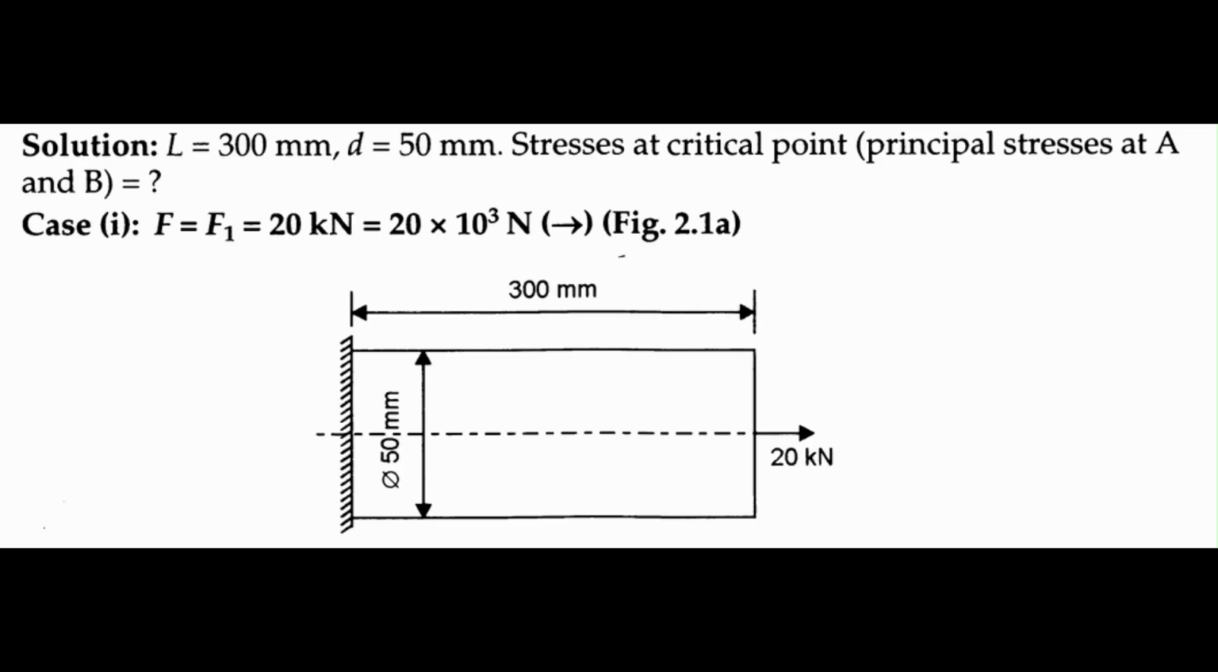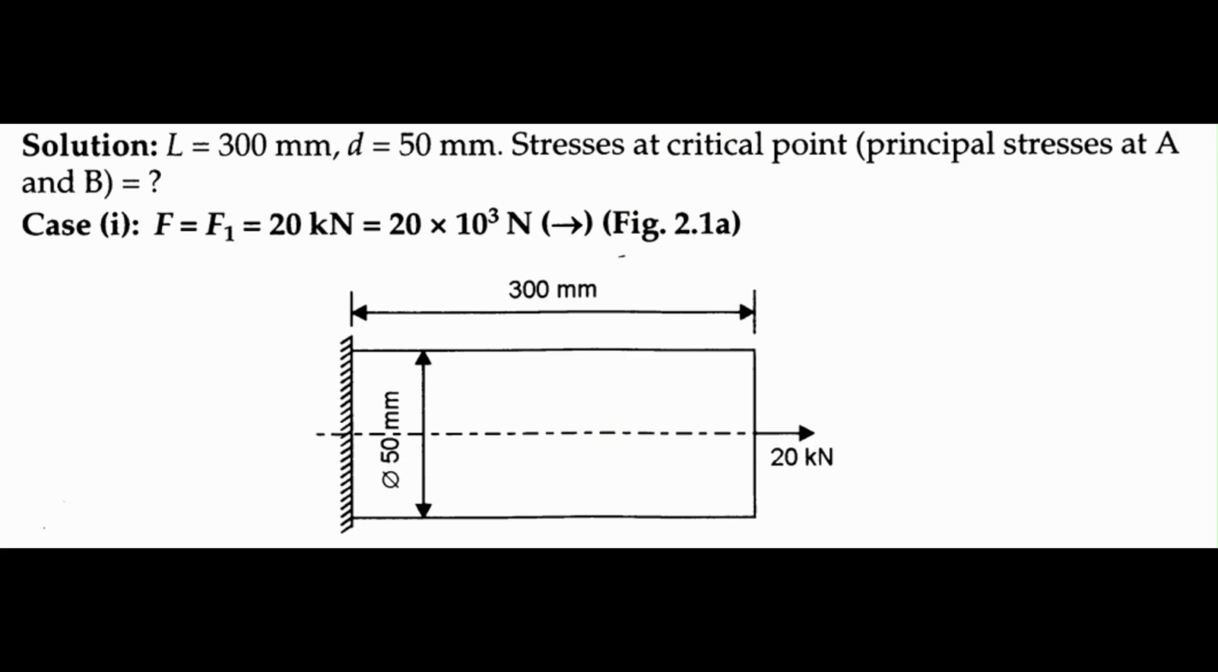So this is the given condition. We have length 300 mm, d 50 mm, and we have to find the stress at the critical point. That means at A and B, top and bottom. The first case is the axial load condition. As you can see, it is depicted in the given figure. A 20 kilonewton axial force is acting on that